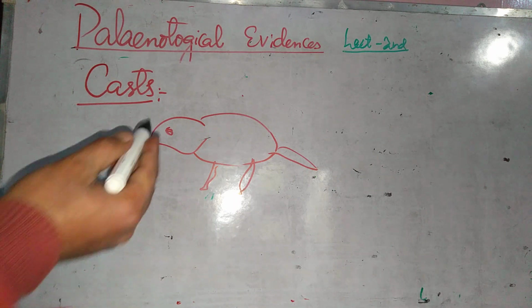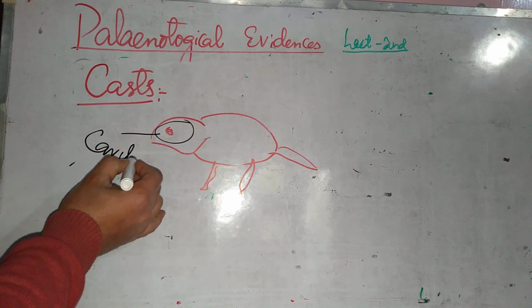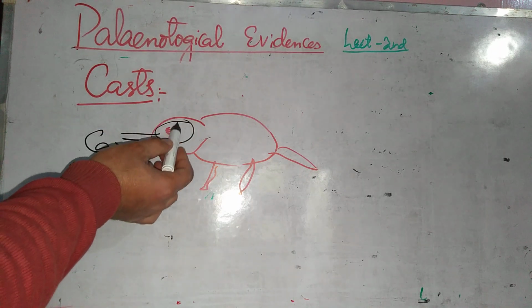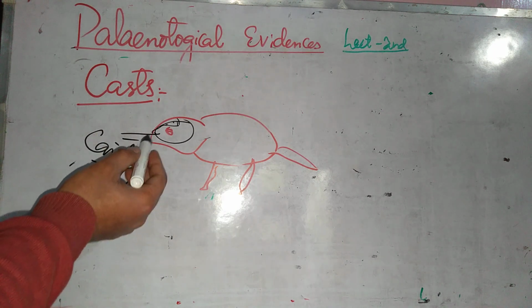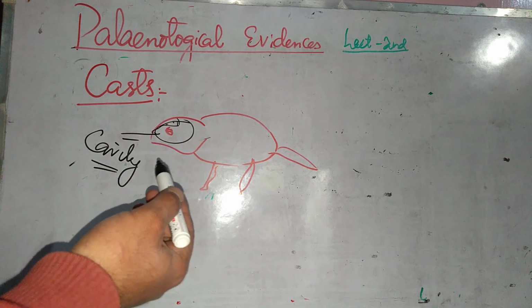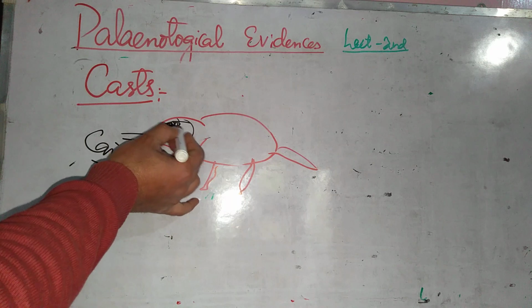Now what remain there are the bones and the cavities of the body. For example, this is the cavity over here which used to contain the brain. So it's the cranial cavity over here. It is the cranial cavity. Now what happens? The cavity is now empty because the organic matter has degenerated. So it's an empty cavity, and in this cavity enters the